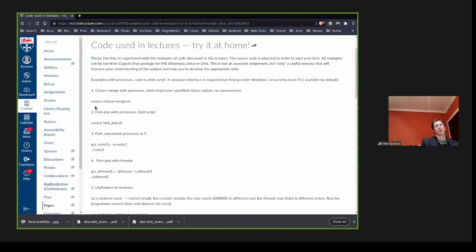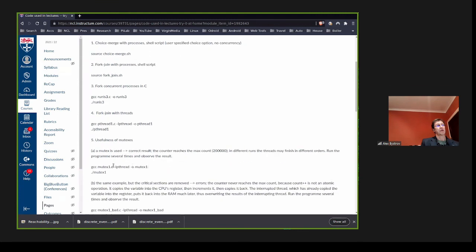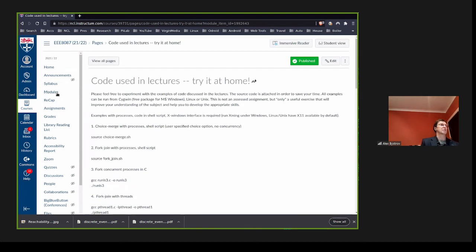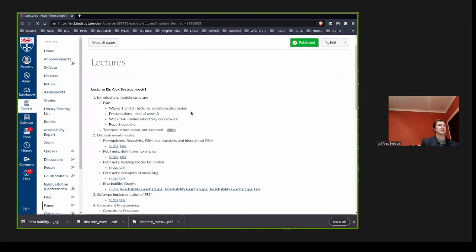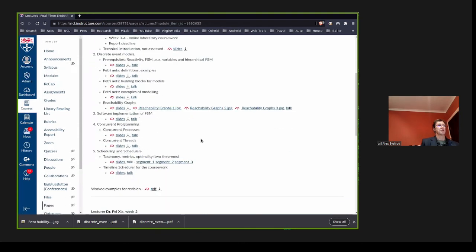So I can always log into Unix Newcastle ACUK, or if you're running Linux at home, and just compile and see how those examples work. So this should be done together with the lectures. Please do not neglect the lectures, go through the lectures, and as for demonstration, discussion of examples, this is what we are going to do.